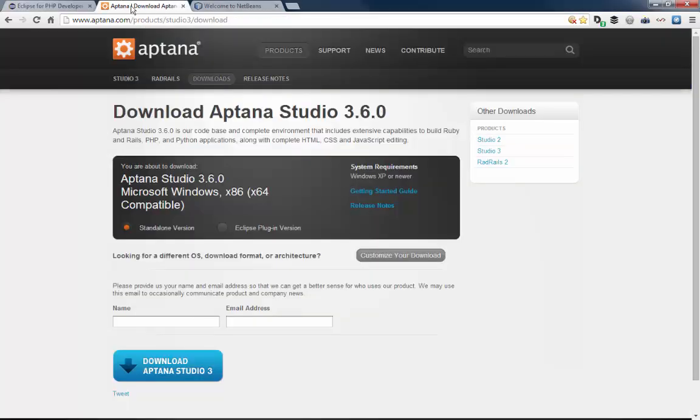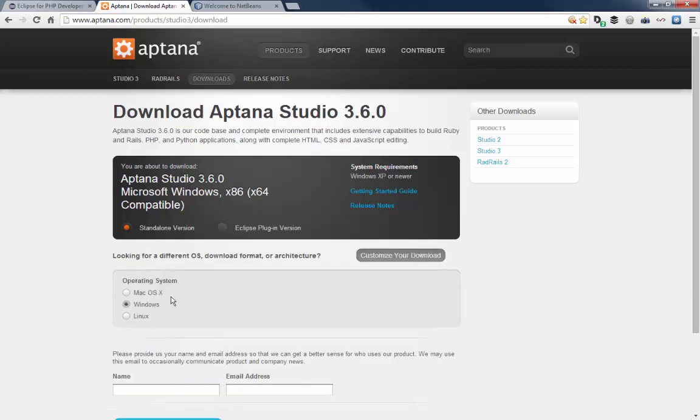Or you can try Aptana. Aptana Studio 3.6 is available for Mac OS X, Windows, and Linux. This is an excellent little IDE, specifically designed for PHP development. You can also get a plugin for Eclipse. If you already have Eclipse, you can get a plugin for the Aptana Studio, and that will change just about any Eclipse version